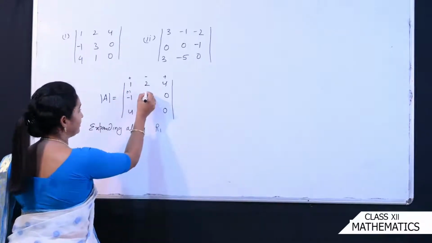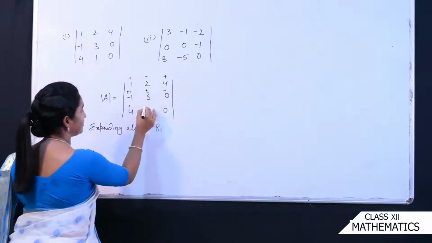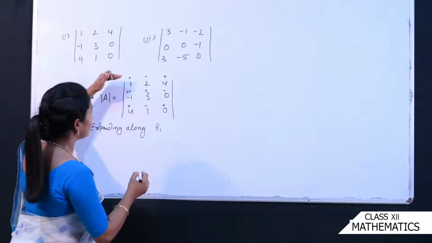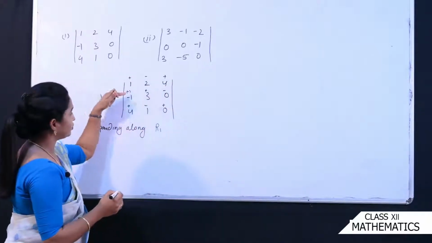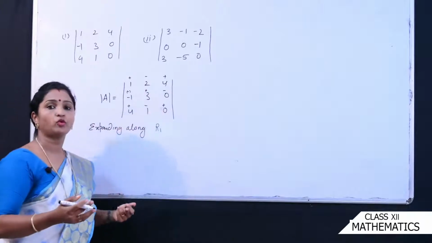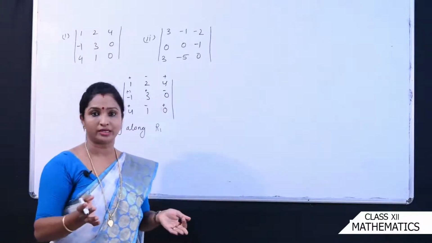Here also the sign will be plus, here it is minus, here you will always get plus, here it is minus, plus. Just see, alternate symbols you are getting. Okay, तो अगर आपको ये याद है ना, तो ये आप आराम से कर सकते हो. एवरी टाइम आपको कोफैक्टर निकालने की जरूरत नहीं है. ओके, माइनस या प्लस में आप कंफ्यूज होने की जरूरत नहीं है यहाँ पे.